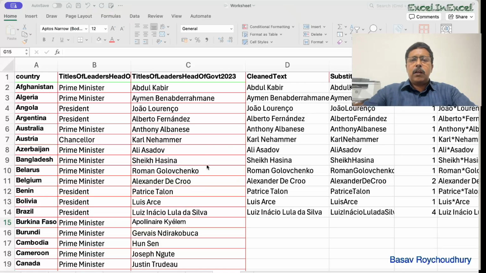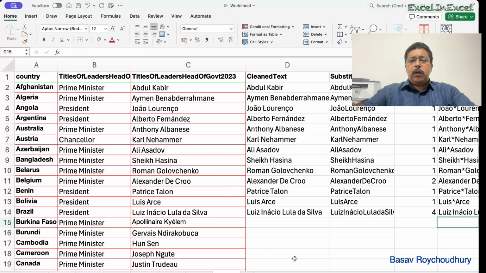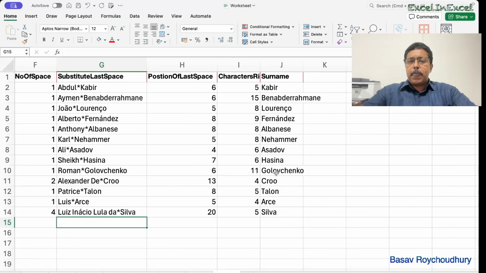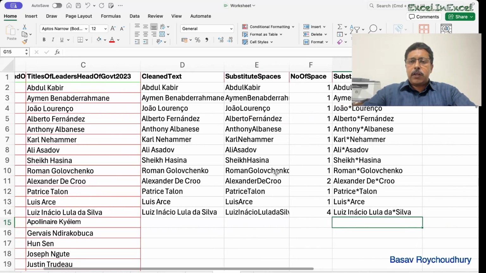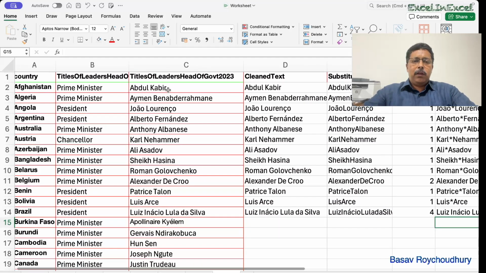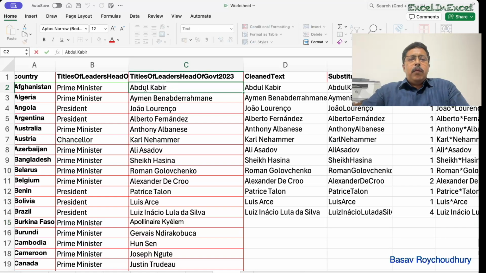I understand some of you might say, why take all this trouble? We could have done it in text to column and so on and so forth. There are two reasons. One, if we had used text to column, we would not have got a single column like we have got here, where we get all the surnames. If we had used the autofill feature of Excel, if now somebody comes and changes the name, for example, forgive my doing so, but